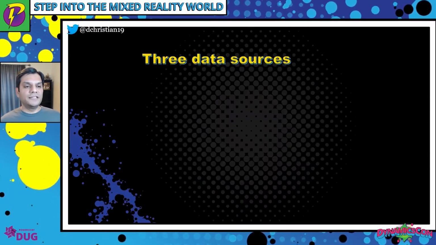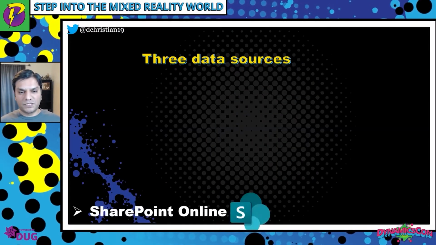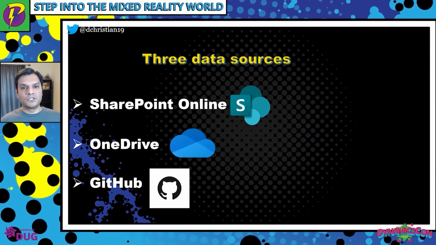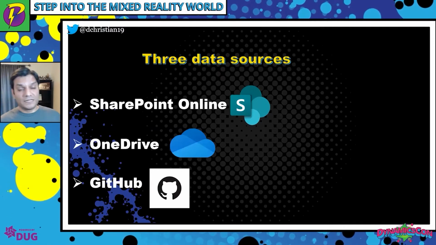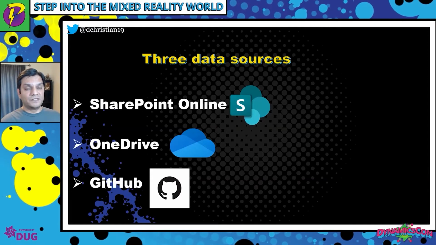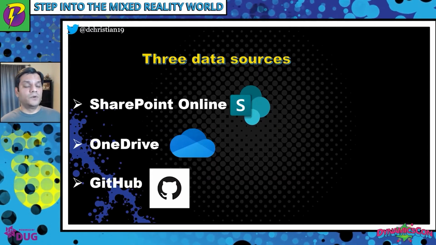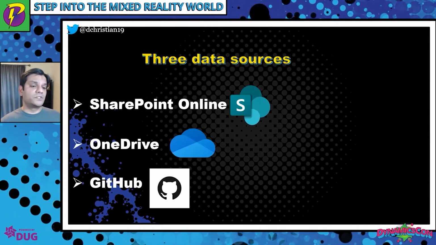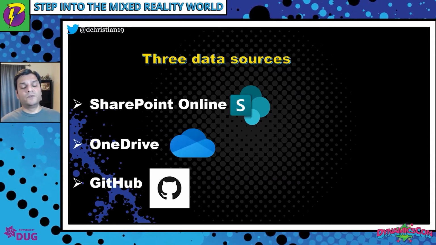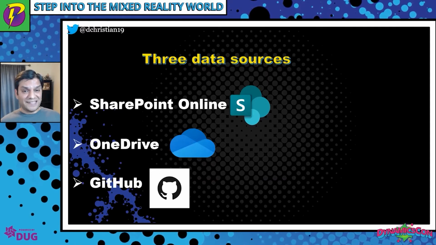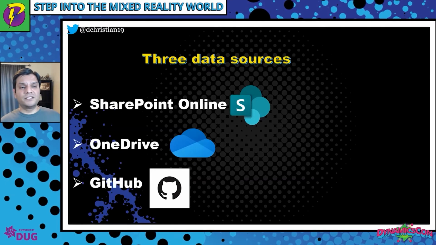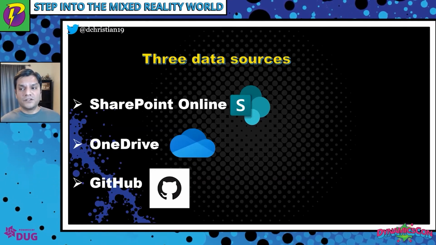Now, one of the other things is these data sources. Right now, as we stand, SharePoint Online, OneDrive, and GitHub, among other places, you can use as a data source. What does a data source mean? Well, in order for you to reference these 3D files, those GLB files that I keep talking about, you can put them in any one of these data sources, at least right now. I've got some examples where I put them in SharePoint Online, some in OneDrive. In fact, a demo that I'm going to show you is already on GitHub. So you can put them in these locations, and it's easily accessible, and there's no problem with that.